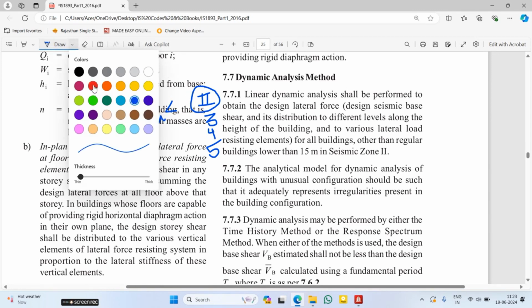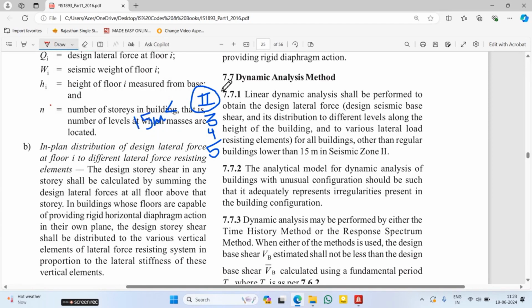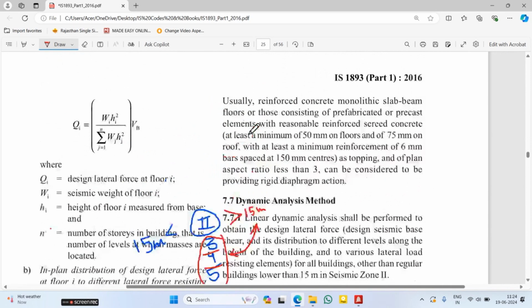But in the other case, which I am marking in red color, if your building has more than 15-meter height in seismic zone 2, or in seismic zone 3, 4, 5, where there is no issue of the height, then you have to do the dynamic analysis for these cases. As you can see in the chart also,